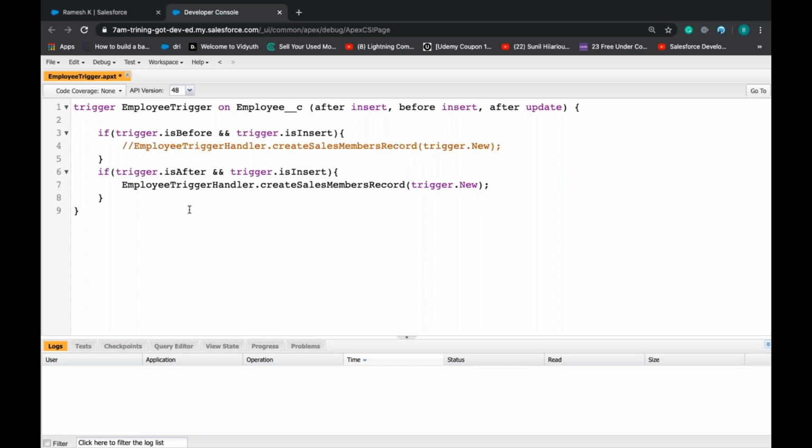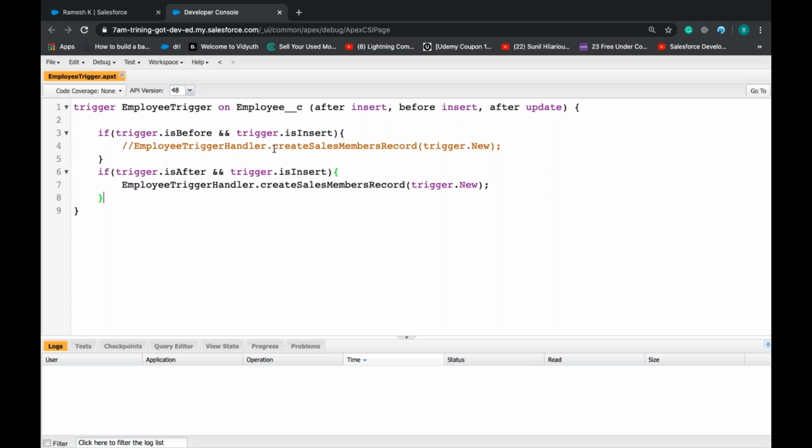I'll comment this, but all the before triggers will execute here. Not all, I mean insert, but we can have three kinds like this for before and four like this for after. So always have this so that after triggers will execute in after, before triggers will execute in before.